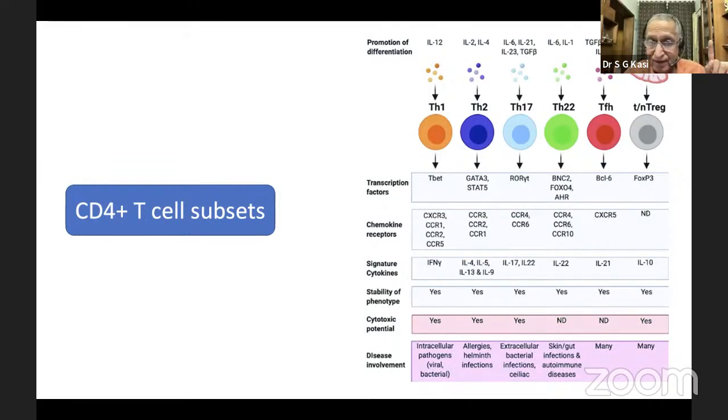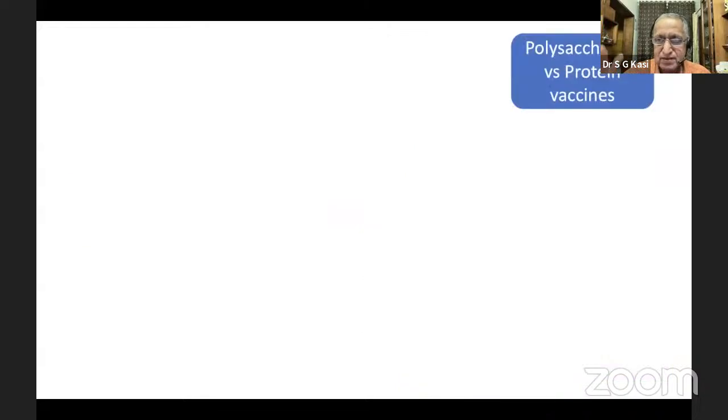That's the reason why whole cell pertussis vaccines elicit a strong TH17 response, so it reduces colonization and has a herd effect, whereas acellular vaccines do not induce a TH17 response, so they do not reduce nasopharyngeal colonization and do not exert a herd effect. Well, you have a TH22, T follicular, as we just said, and to control this entire thing, you have T regulatory cells. So these are the important subsets of T cells, which is worthwhile just keeping in your mind. Just remember that there are different cells, and the main important ones are TH1, TH2, and TH17 as far as our clinical practice is concerned.